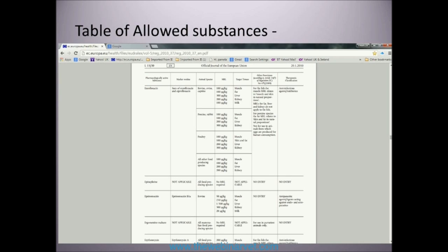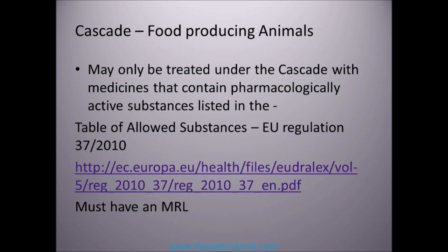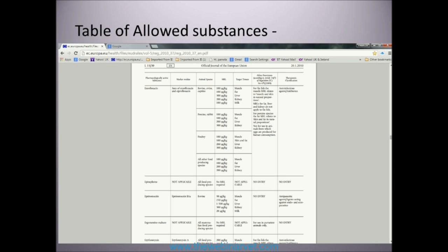The other thing about the cascade for food-producing animals is that animals may only be treated under the cascade with medicines that contain substances listed in the table of allowed substances, EU Regulation 37/2010. And this means they must have a minimum residue level. So if anybody is suffering from insomnia, then I would suggest you follow this link here and get to the Table of Allowed Substances, EU Regulation 37/2010. So please don't fall asleep now, but this is